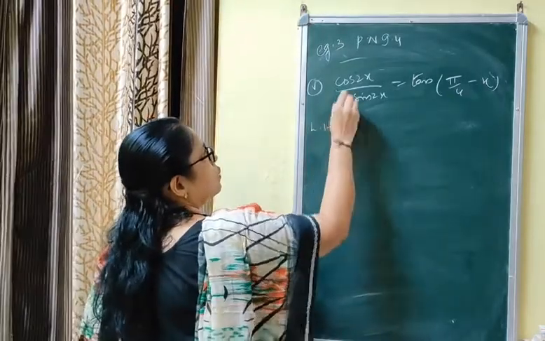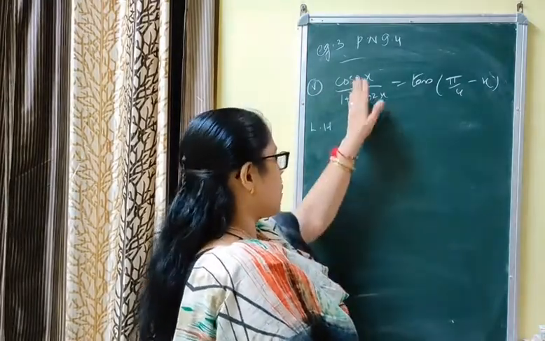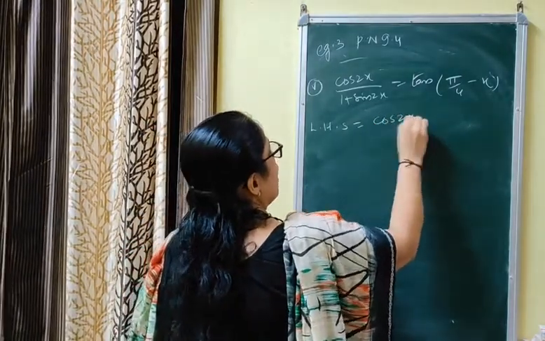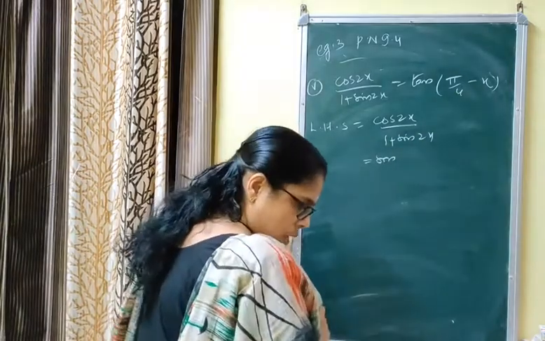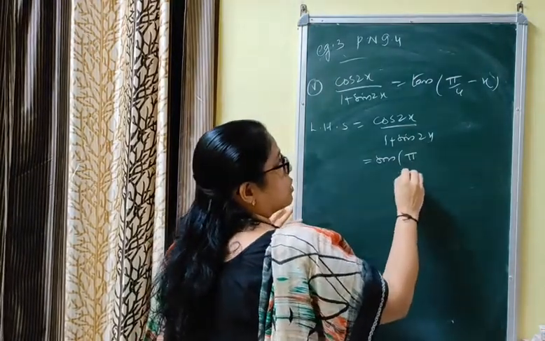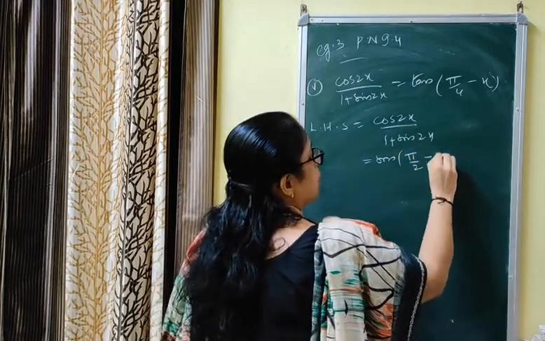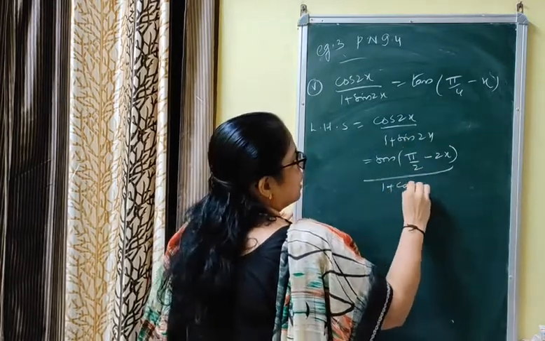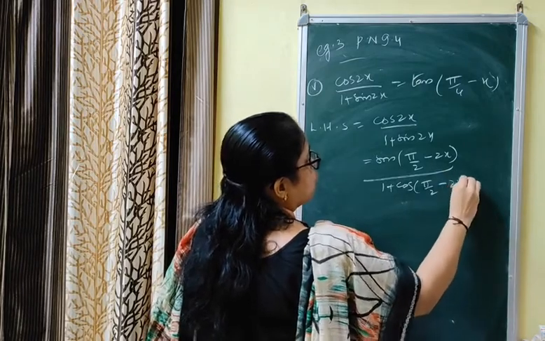Now for that, you know cos 2x is equal to 2 cos²x minus 1. By applying this, we will get pi by 4 minus x. What we will do? Let me explain. Cos 2x upon 1 plus sin 2x can be written as: sin pi by 2 minus x is cos x. Sin pi by 2 minus theta is cos theta. In order to bring this angle, we have to change like that. Sin pi by 2 minus 2x here. Plus, cos and sin are complementary, so cos pi by 2 minus theta is sin theta. That is cos pi by 2 minus 2x.